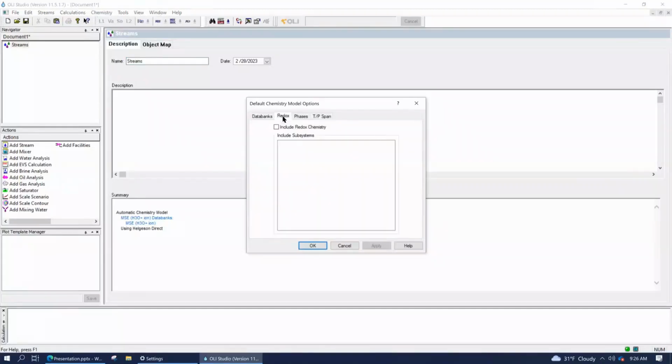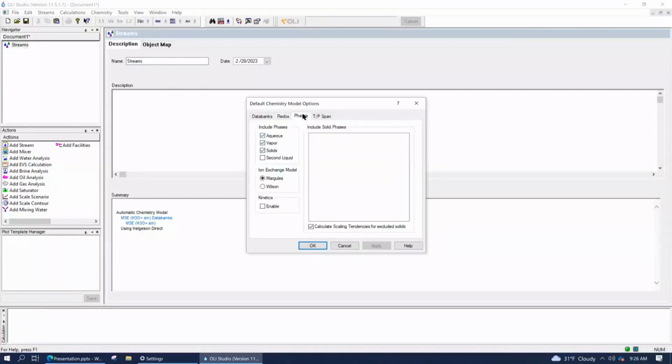Likewise, in certain instances, you may need oxidation reduction turned on. All three of you are interested in redox chemistry, in corrosion. So that means redox chemistry is implicit in that process. Therefore, you will want redox on in your corrosion calculations, and therefore you'll want to make sure that these buttons are clicked. Although there's more to it than what I was just describing. But this, again, is the chemistry model options, where redox is turned on.